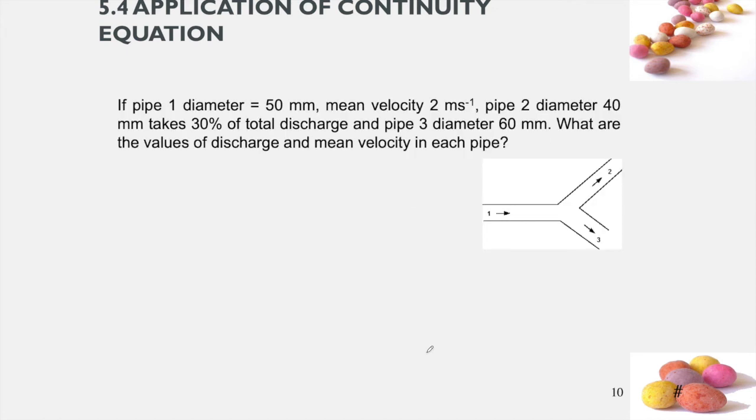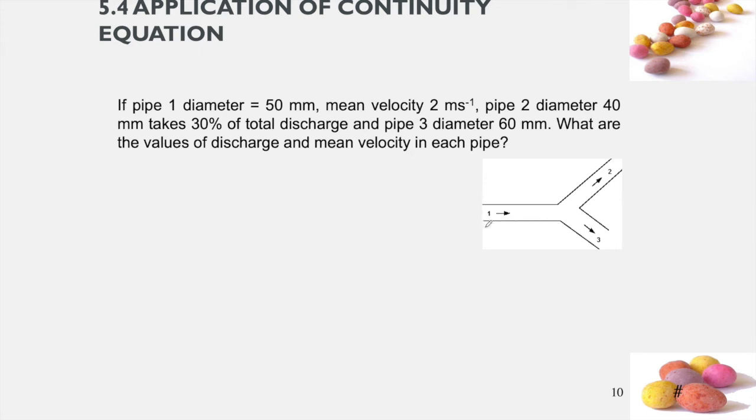Okay, so let's take a look at this example. If the pipe 1 diameter is 50 mm, mean velocity 2 meter per second, pipe 2 diameter is 40 mm, takes 30% of total discharge, and pipe 3 diameter is 60 mm. What are the values of discharge and mean velocity in each pipe? So from here, we know that we have to calculate the total discharge. From this figure, we know that